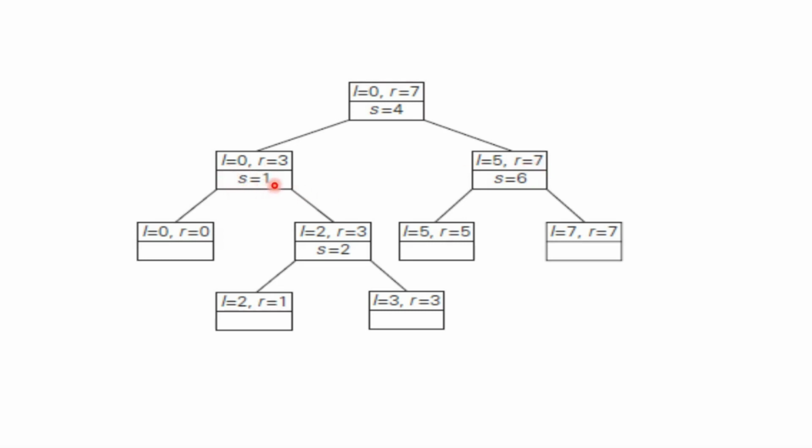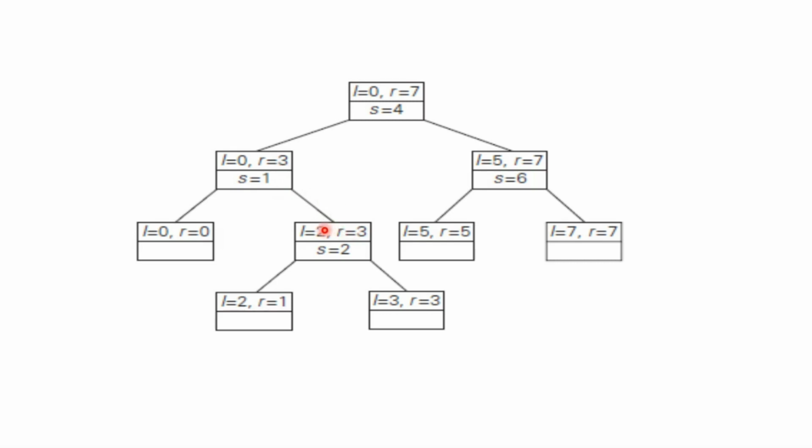Now in this case we made the partition at position s is equal to 1, and for this subproblem the partition was made at s is equal to 6. Now we can try to sort the next subarray. Left subarray will be l is 0 and r is s minus 1, that is 1 minus 1 is 0. So we are having only one element in the array, so we do not have to call the quicksort function. So no partition is made here. Next, for the right subarray, l was equal to s plus 1, that is 1 plus 1 is equal to 2, and r is the same 3.